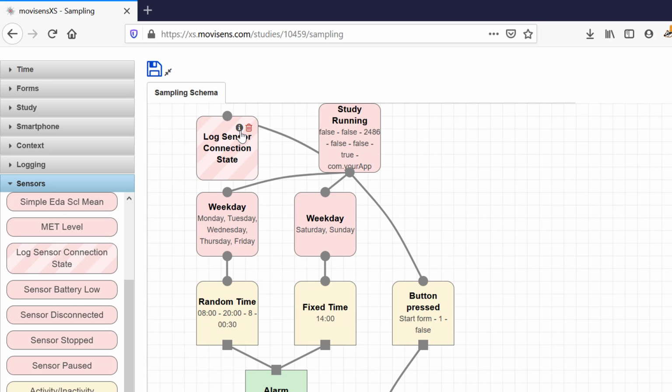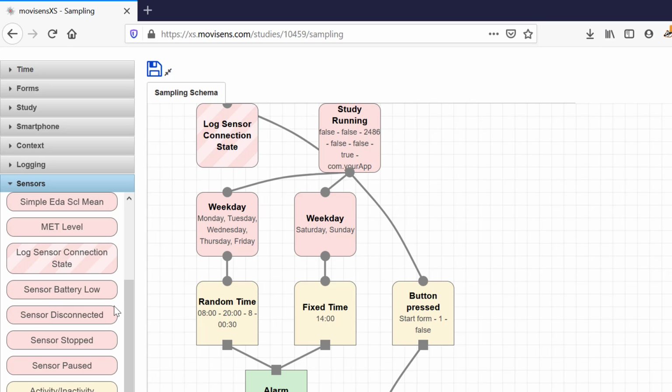What this does is it gathers the information and the connection state of any of the sensors you're coupling to the study, which when it comes to any sort of debugging issues or any dropout issues is going to be super helpful for us if that block is there. It will give our developers and engineers the information they need to help remedy any problems, because we're supporting such a wide array of devices, such a wide array of Android phones that can run this. Each one can bring its own particular problems and temperamental issues. So having this information really helps us make sure that we can get your study back up and running as quickly as possible, or fix any errors.